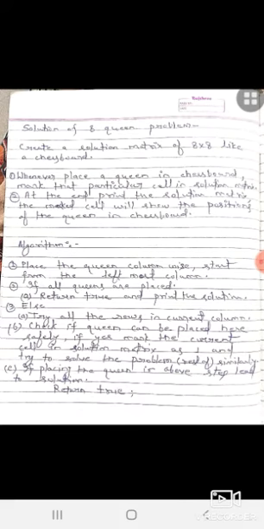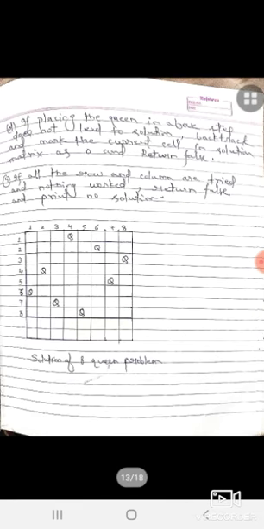What is the algorithm? The algorithm is very simple. Place the queens column wise starting from the leftmost column. If all queens are placed, return true and print the solution. Else try all the rows in the current column. Check if the queen can be placed there safely. If yes, mark the current cell in the solution matrix as 1 and try to solve the problem similarly. If placing the queen in the above step leads to a solution, return true, otherwise return false.